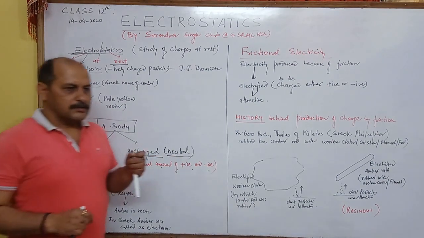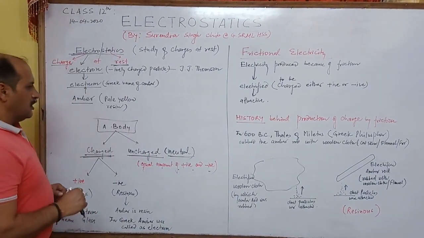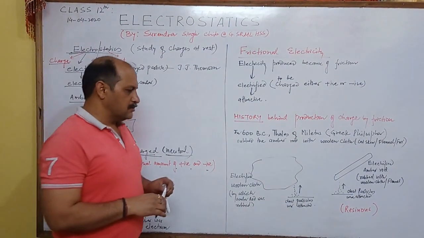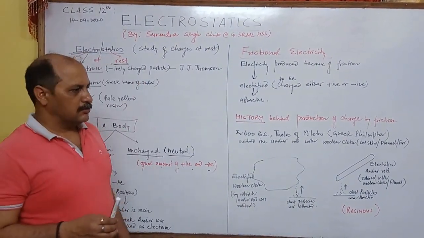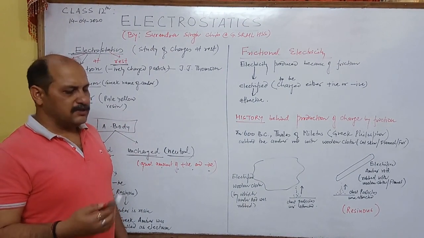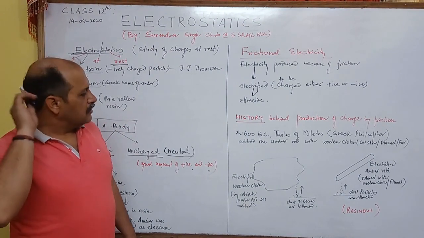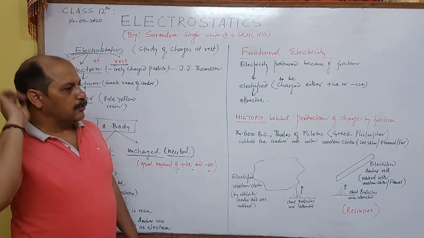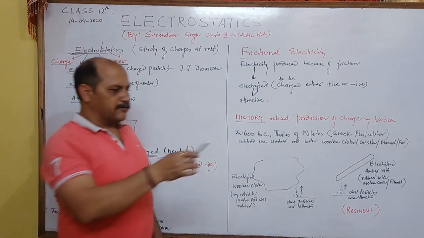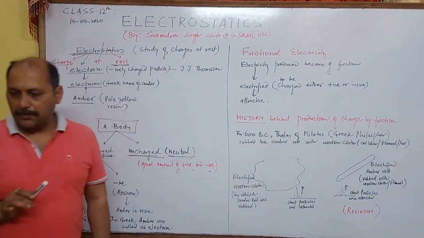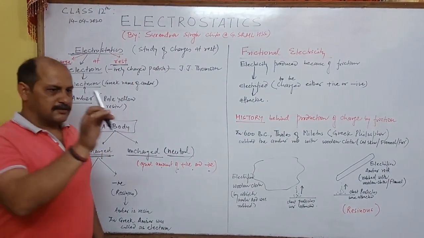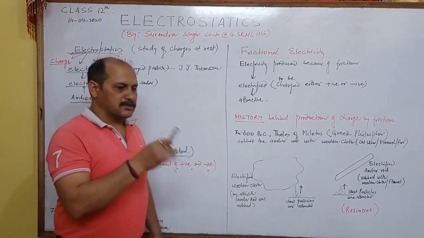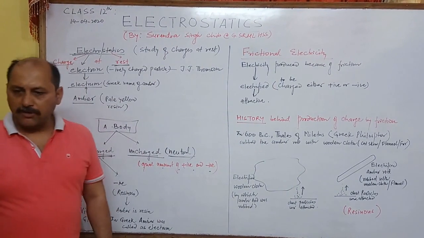A body is said to be charged if it starts attracting small bits of paper or dust particles. You may have seen in your childhood, or you may do this experiment: rub a plastic scale or a glass rod with your hair, and you will find it will start attracting small bits of paper. It means this plastic scale or this pen or this marker is charged because it acquired the property of attracting